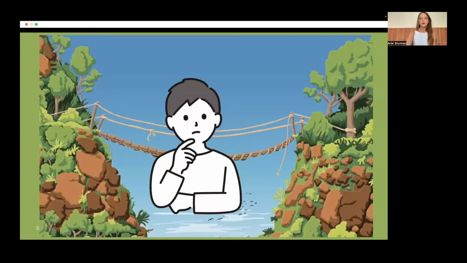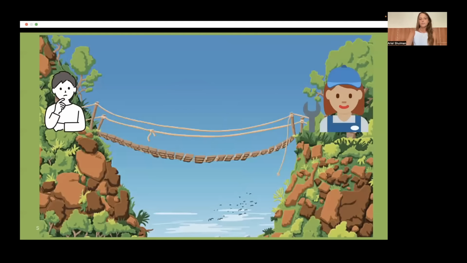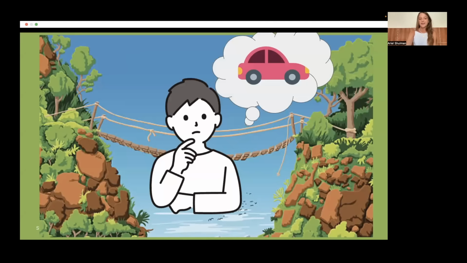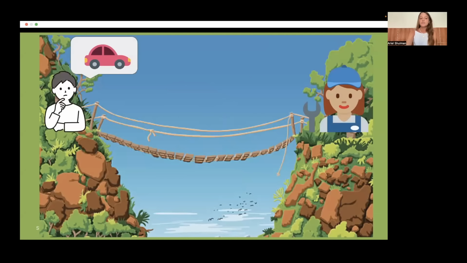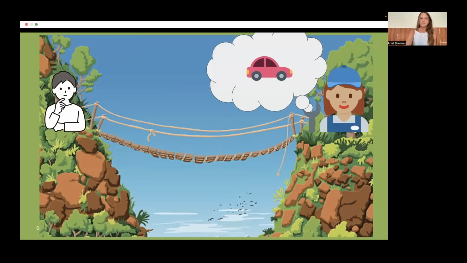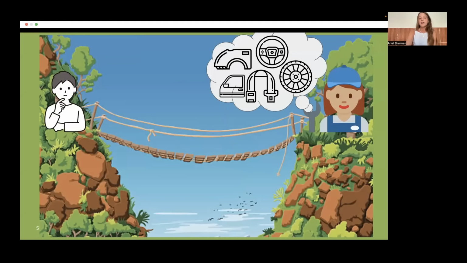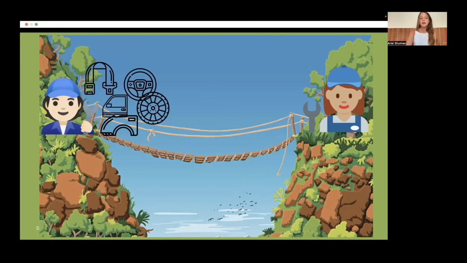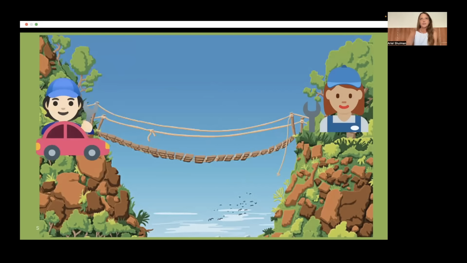So around 10 years ago, Tom wanted a bicycle, but the mechanic lived on the other side of the river. When he asked for a bicycle, she told him there's no problem. She built him a bicycle and he was happy. But Tom is a human being. So within less than a year, he got bored of his bicycle and wanted a car. So he went back to the mechanic and asked for a car. This time she was hesitant because this rope bridge can't really carry a car. Then she had an idea. What if instead of bringing him a car, she would bring him the parts of the car, and Tom can build the car himself? Tom thought about it, realized that it's better to build a car than to not have a car. He agreed, he got the parts. Tom became Tom the builder, built his own car, and he was happy.